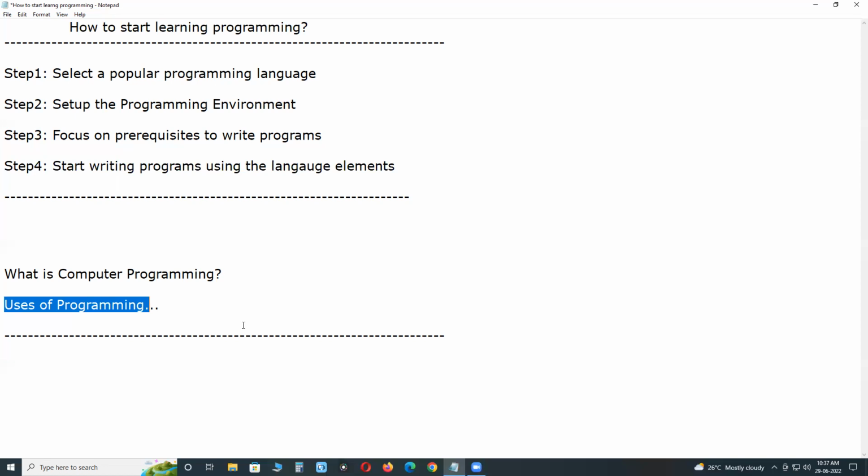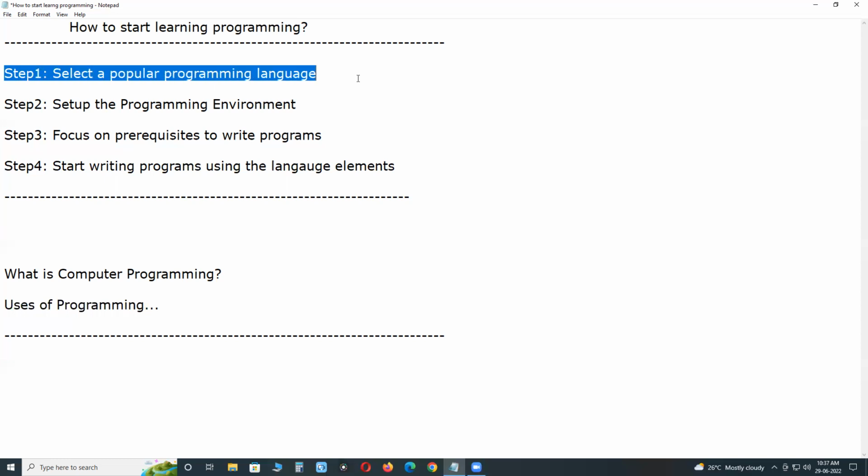Suppose business analysts. For business analysts, no coding skills required. Suppose manual testers. For manual testing, no coding knowledge required.